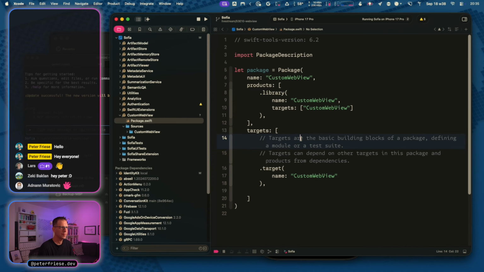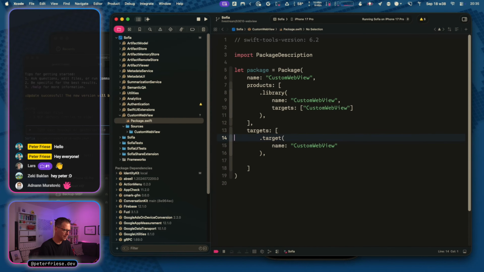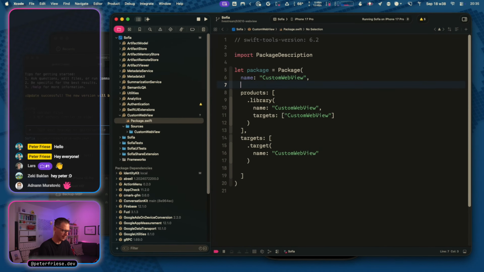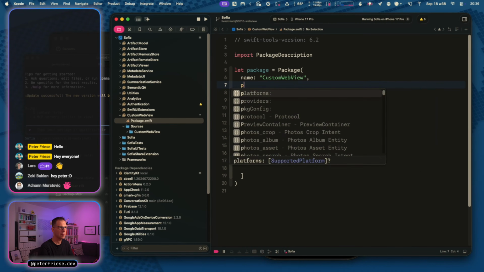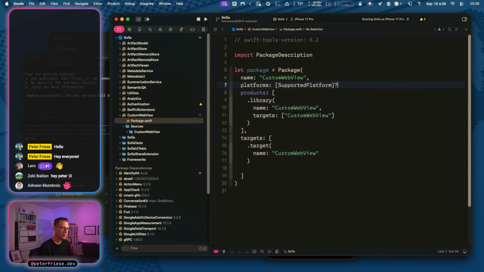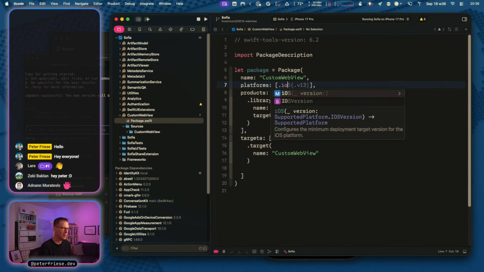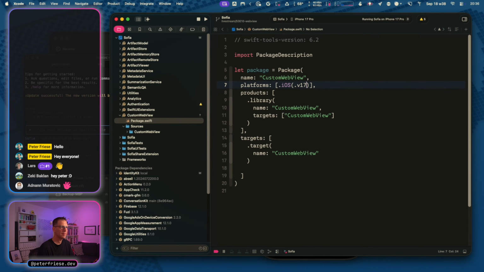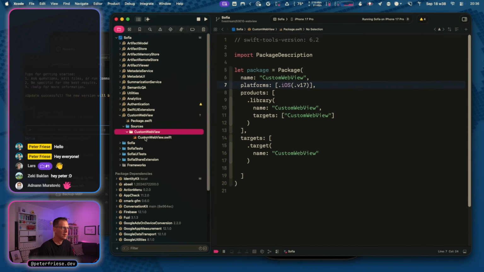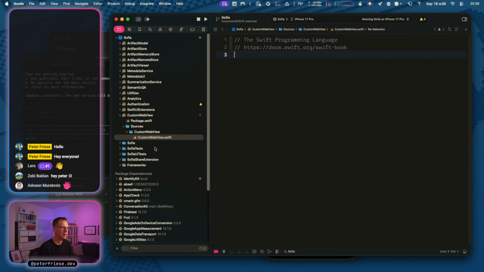Clean up, add the packages, the platforms, iOS.v17, like this, and then